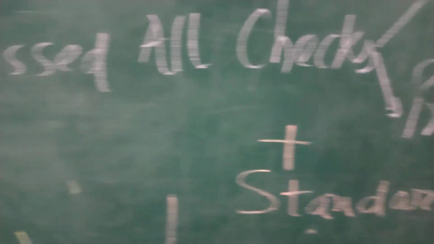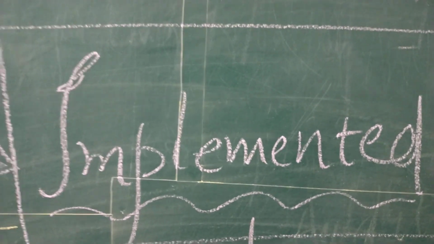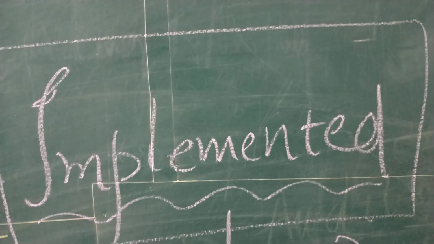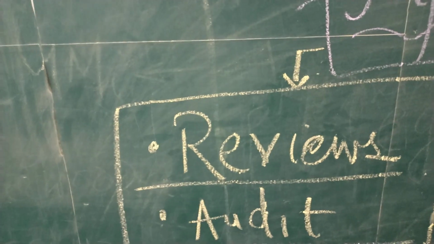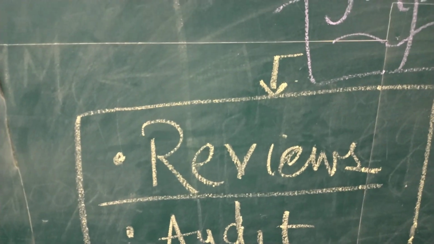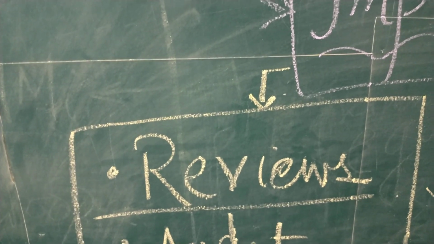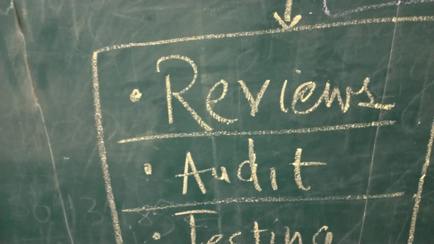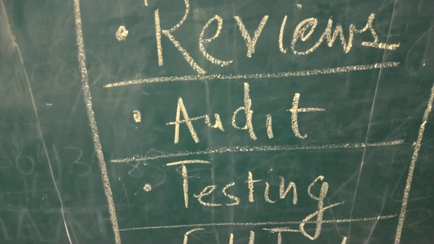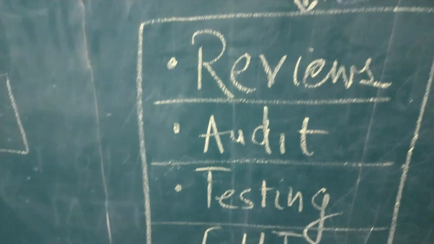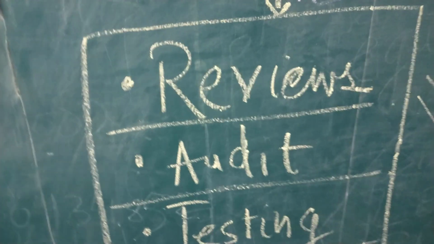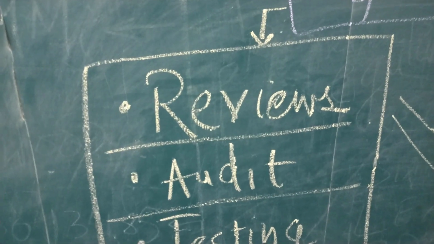Now there are various ways and means to check that all these specs and requirements are being implemented, and how they are being implemented. There are some methods. Maybe we will talk about those methods in detail in some other lecture, but the methods could be: we conduct reviews, we check whether those requirements and specifications are being implemented or not. The second way is to conduct audits, testing, and some field trials and all that. There are a few other methods also, but these are, I would say, commonly used ways